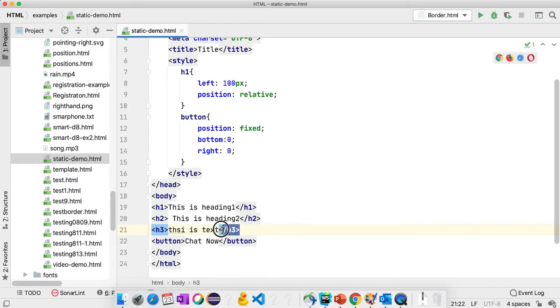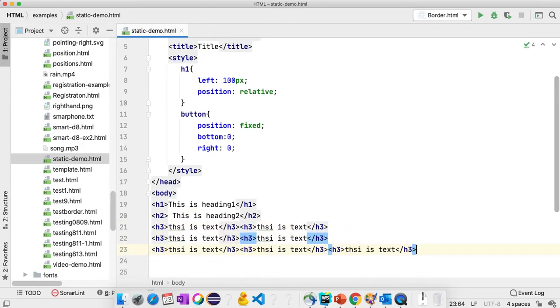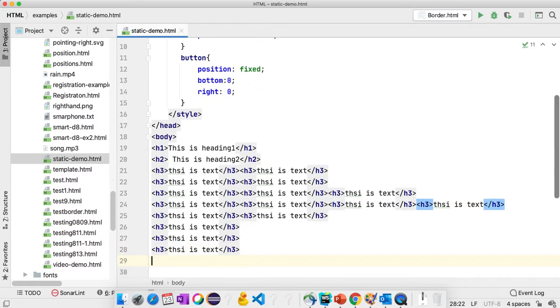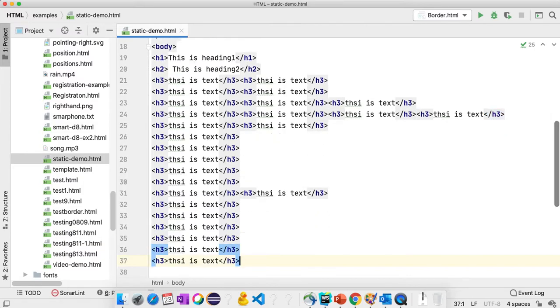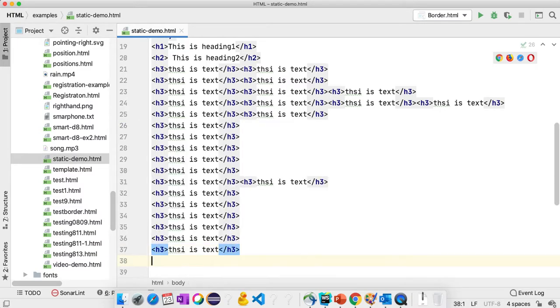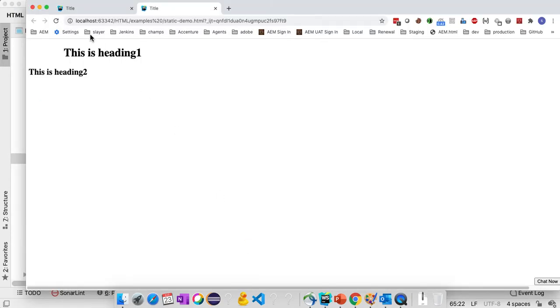I'll just copy and paste this so that we can scroll our web page. Alright, save this and go back to the page.